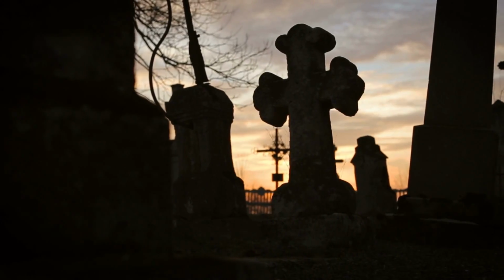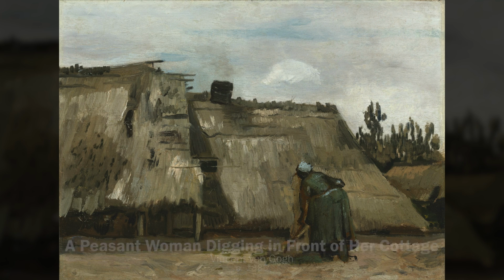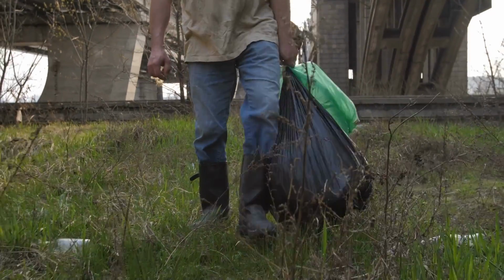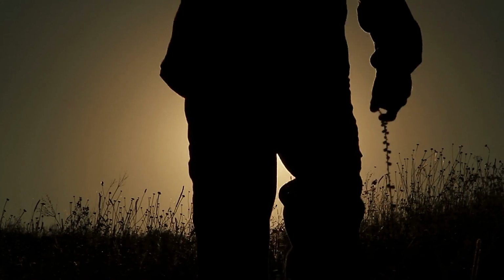Following his father's funeral, Vincent moved into his studio, where he lived in conditions similar to the peasant people that he was studying. He avoided anything that a peasant would find luxurious, often wearing tattered clothing and sleeping on the floor of the studio's attic instead of his bed. He spent long hours painting the workers in the fields during the day and continued working in his studio after